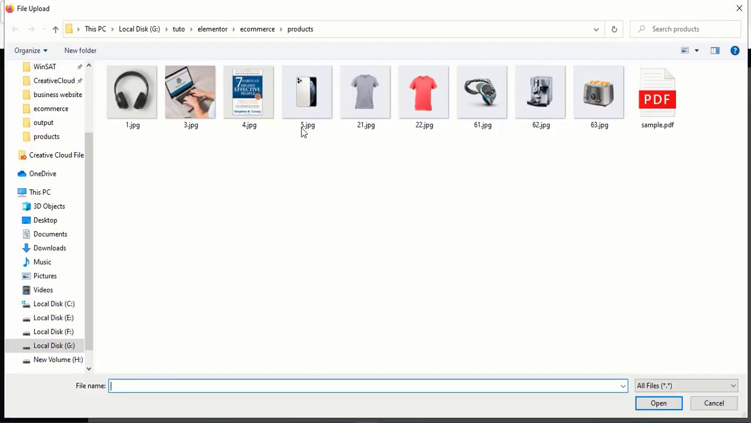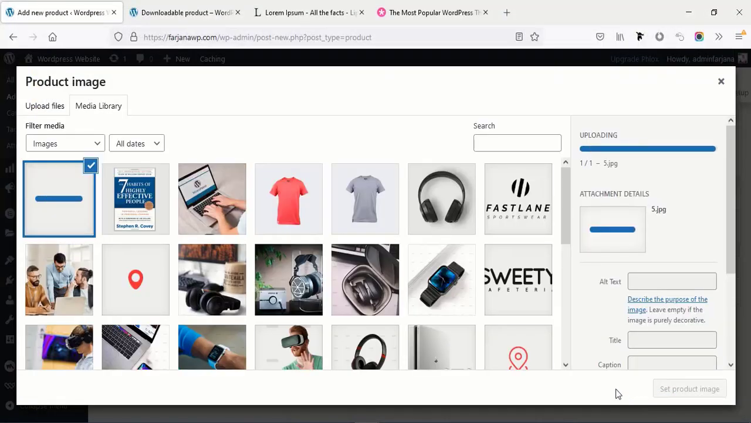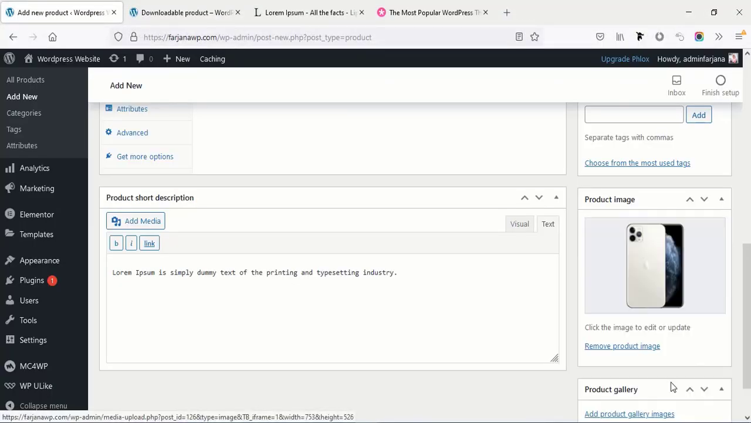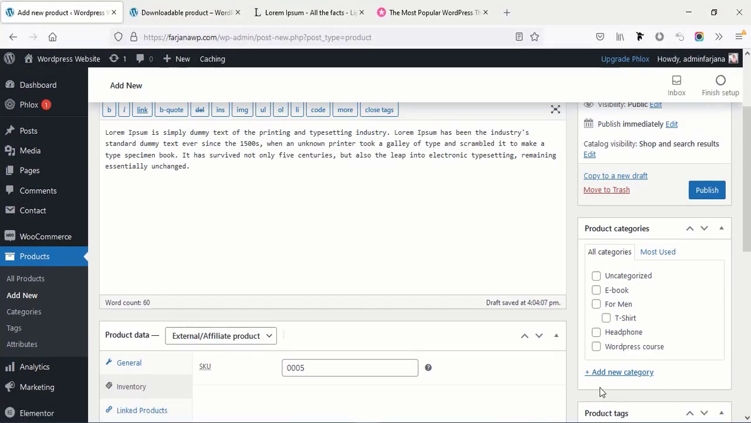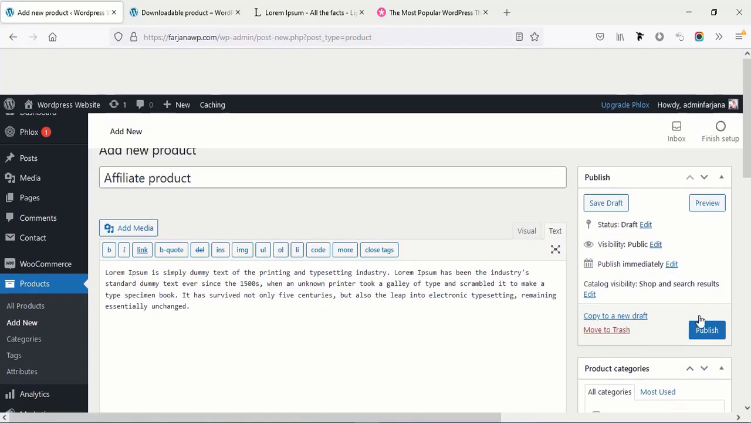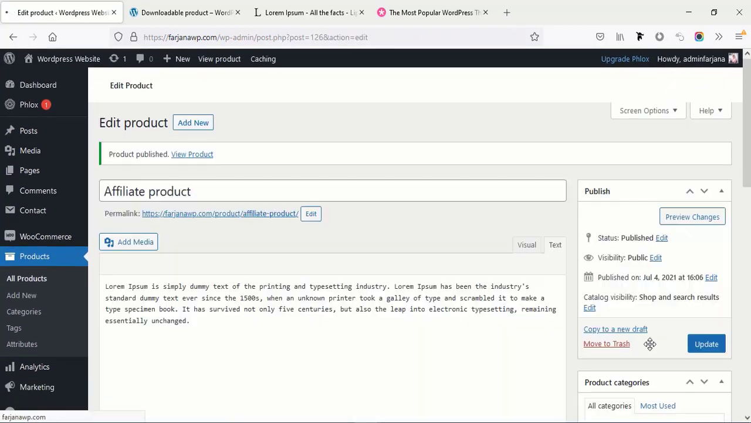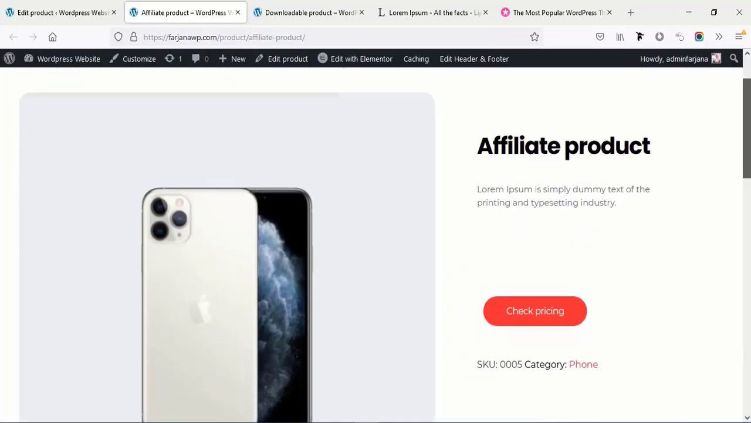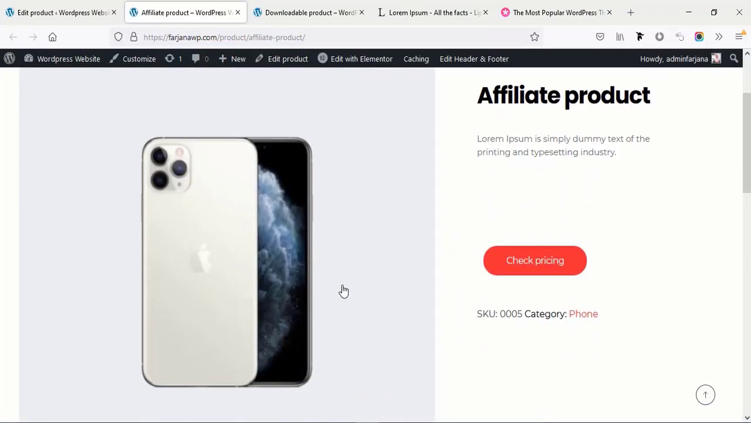For affiliate product, we can set another image. For example, I'm adding this phone, and now going to create a category. I'm typing phone, and finally publish it. Now if I go to the view product, so this is our product for affiliate, and